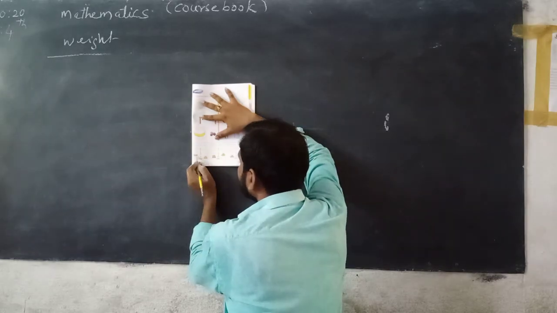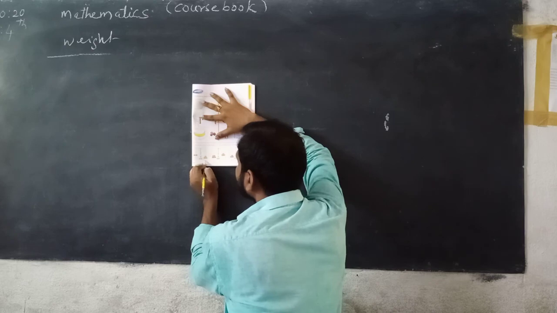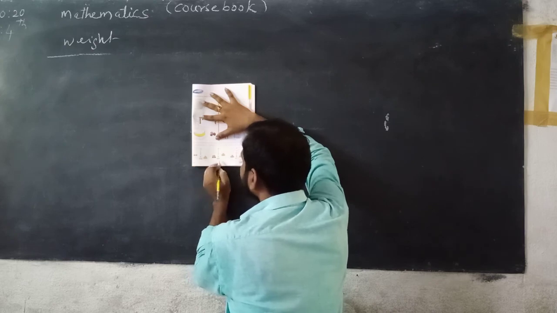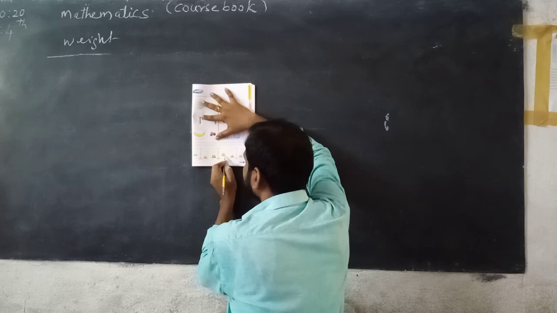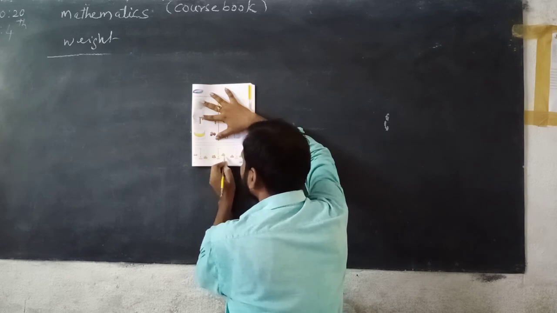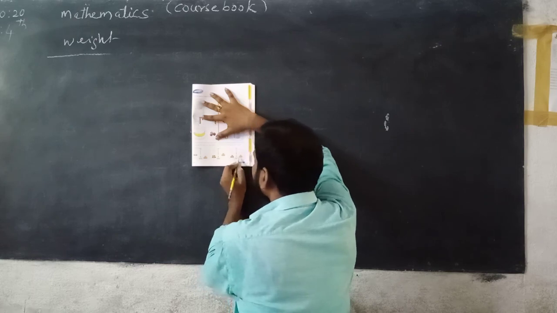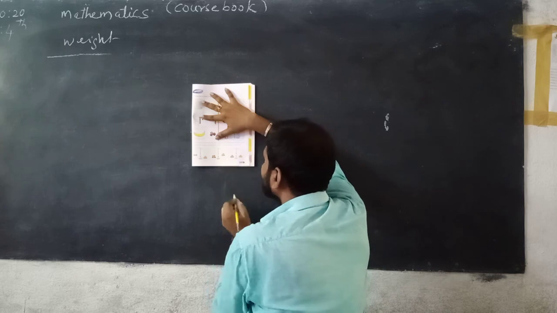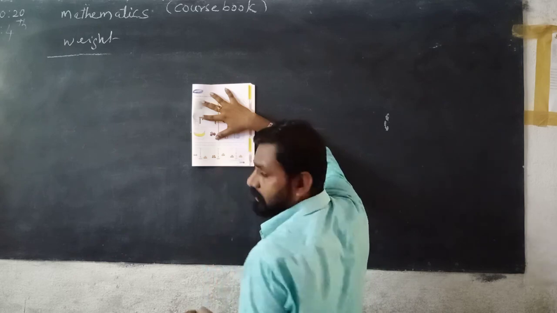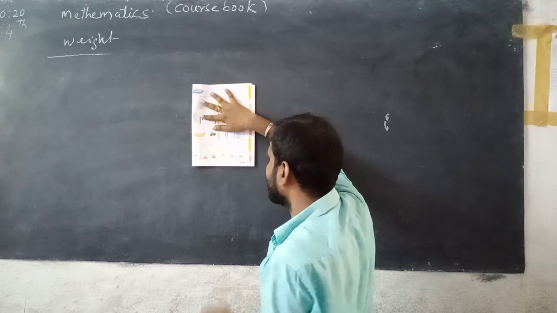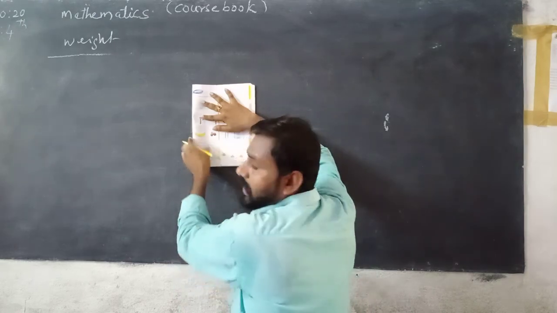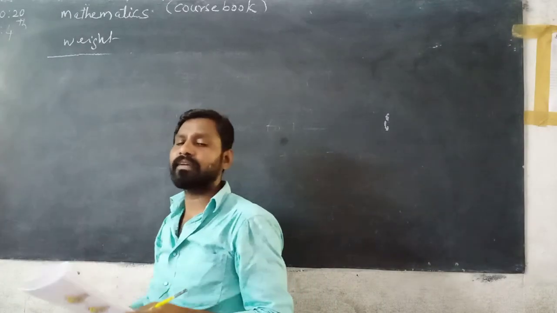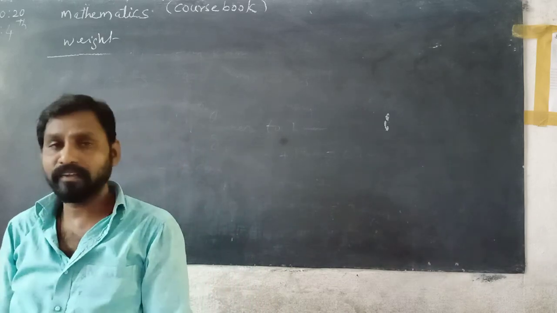So here we can observe the first weighing scale: the weight of apples is less than the weight of oranges. Now you can observe the second one. Here 4 apples, here 3 oranges. So 4 apples is more than 3 oranges. Now next, you can see the third weighing scale. Here 3 apples and 3 oranges. So approximately this is an equal measurement. I think that is 500 grams of apples and 500 grams of oranges. So thank you everybody.